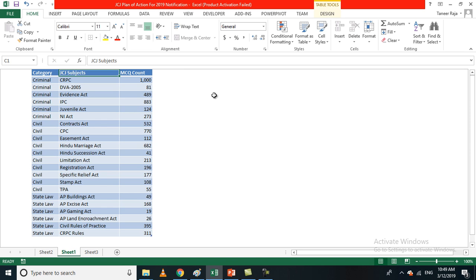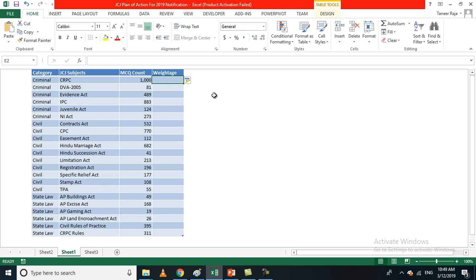So let's get started. First we need to know the weightage. So how to calculate each subject's weightage in the question paper. To know that, just add the sum.